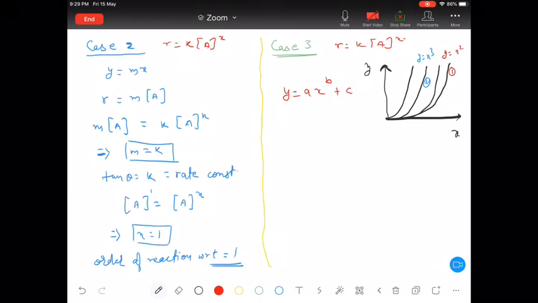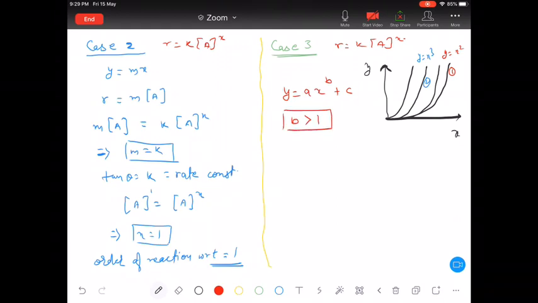This is one of the general equations of such kind of curve, which are increasing functions in the first quadrant. In mathematics you will understand this when conic sections are done. So I can write the equation of these curves in this manner, and here one boundary condition I will apply: if b is greater than 1. I'm not saying b is equal to 1. This is an inequality, not an equality.